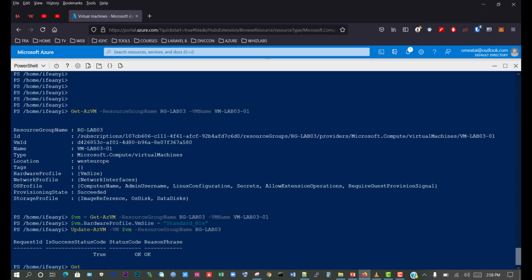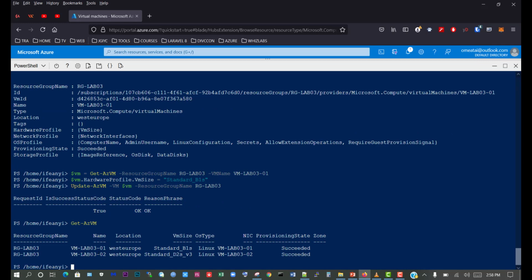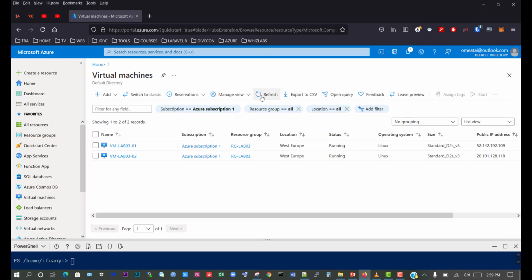So we'll say Get-AzVM, and now we can see that lab 0301 has been changed to Standard B1s. So next we need to change that of lab 0302 from this Standard D2s to Standard B1s. So we're going to do the same thing, but before we do that, let's just confirm that from the portal too. So we'll scroll down and let's refresh the virtual machines, and we can see that it's been changed to Standard B1s. So let's scroll back up,